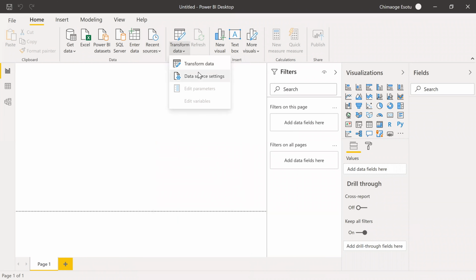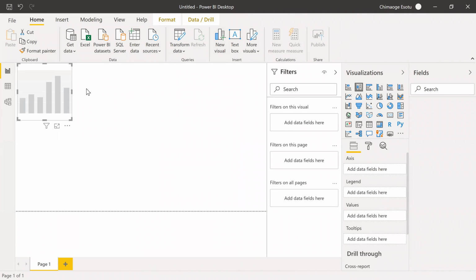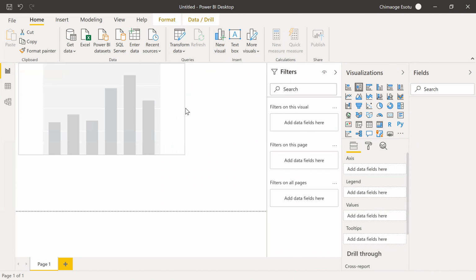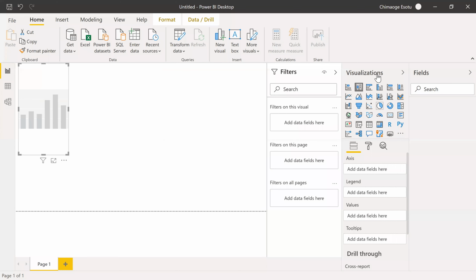So this is transform data. Transform data is going to take us to Power Query Editor, which we will look at very soon. And this is for refresh, to refresh your reports and your pages. So this is for new visuals. If I click on it now, you can see a visual pops up. So yeah, for inserting visuals, which you can also do from this